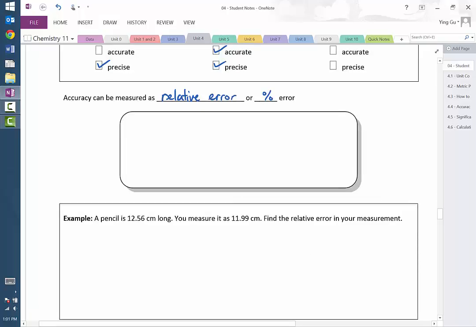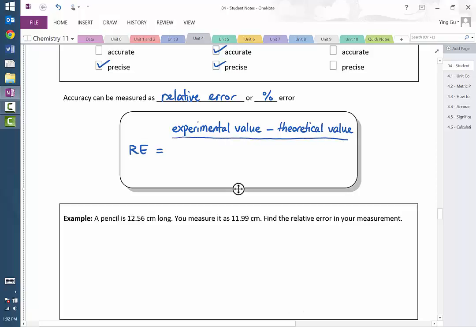RE, or percent error, is equal to your experimental value, or your result, minus the true value, or what we call the theoretical value, all divided by the theoretical value,